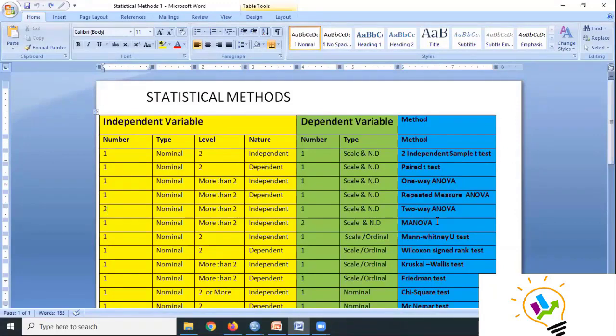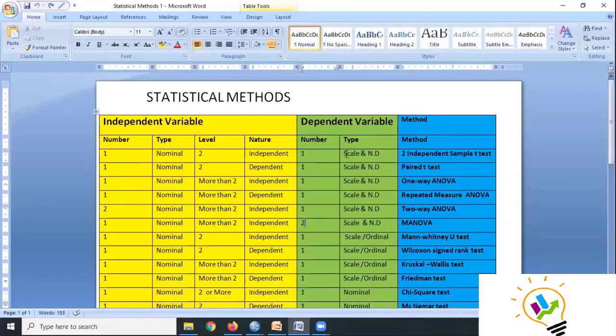I'm not going to take up MANOVA because the analysis is somewhat complicated and we don't have it directly in this. So I'm only showing the conditions.